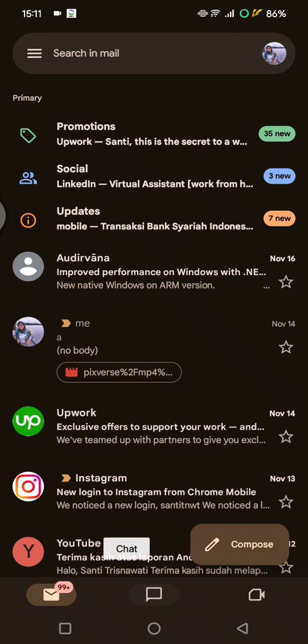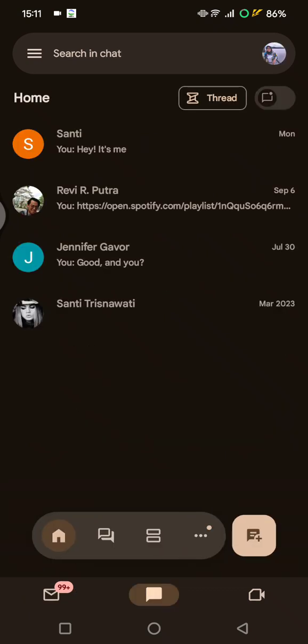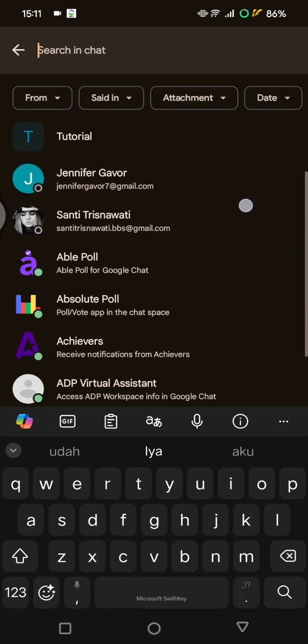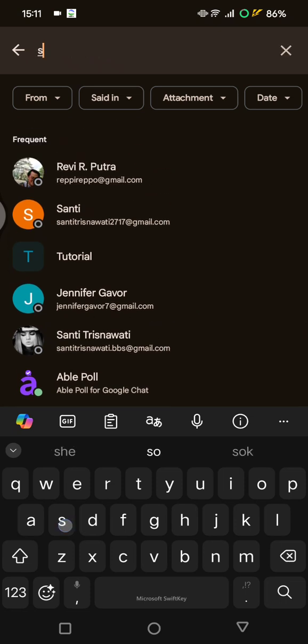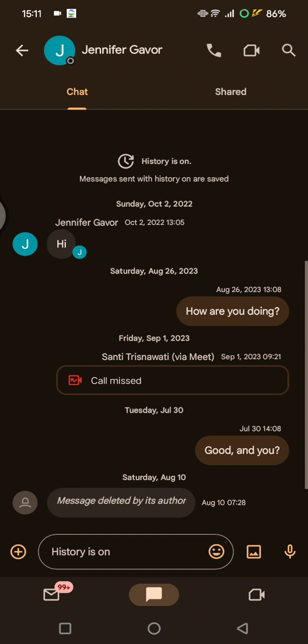You can click on the chat tabs in here at the bottom, and then you can just find the person that you want to call. You can here click on the search column at the top to find the one that you want to call. You can type in their email address, or if that person is already here, you can just click on that person's conversations with you, and you'll see at the top beside the names of that person there will be this phone icon that you can click. So when you click that,